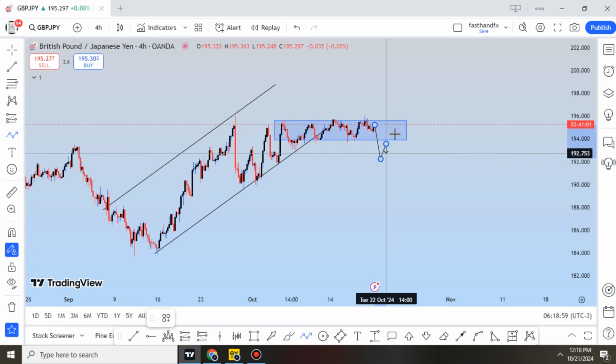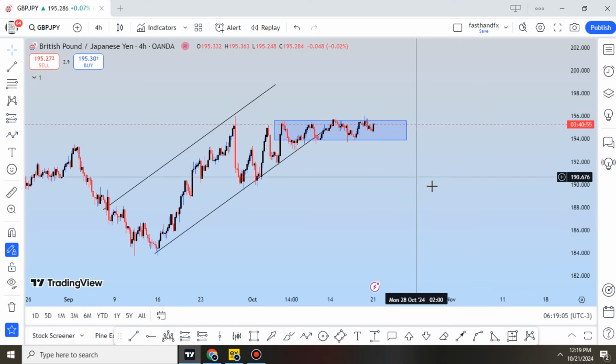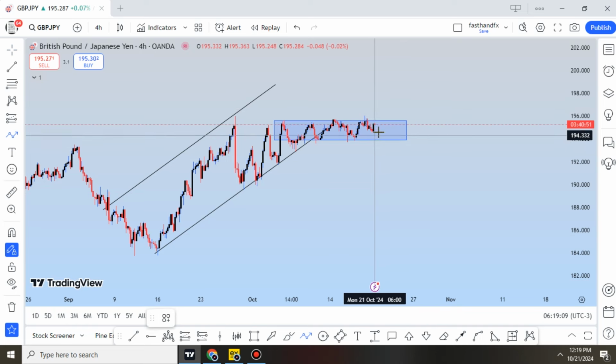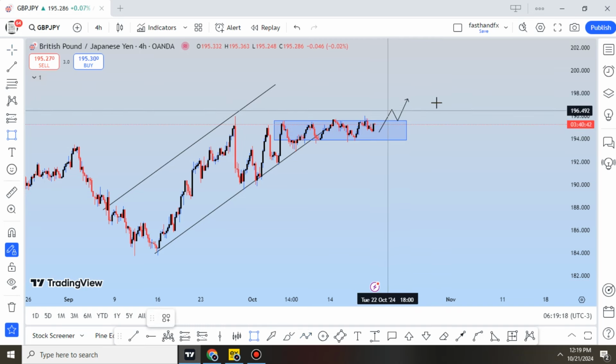We see the market going back to this joint, right? So if we get a confirmed buy, this is it. Probably we might anticipate GBP JPY creates a new high, comes back. Now the moment it takes out this high right there, then I think that will be a good confirmation for